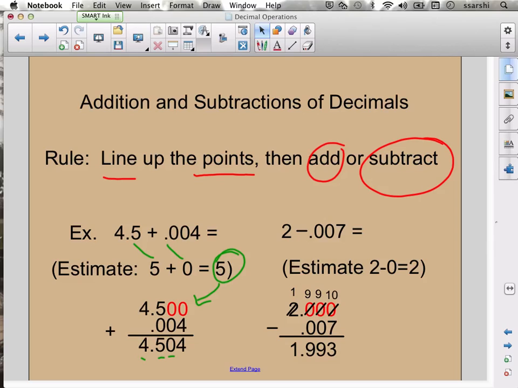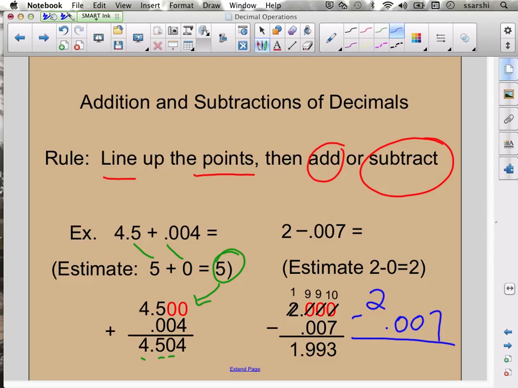So what you see here is when I rewrote the problem, I can't just go 2 minus 007. Remember, if a decimal point's not included in the original number, it's always to the right of a whole number. So in order to do that subtraction, I add as many zeros as need be at the top. I do my subtraction with regrouping, and you see my difference is 1 and